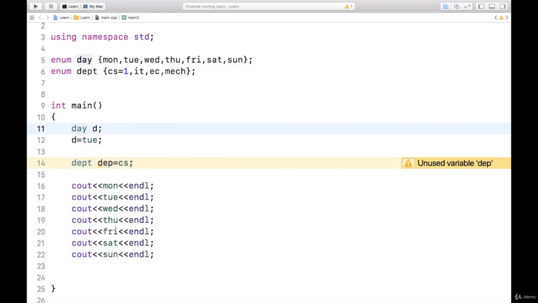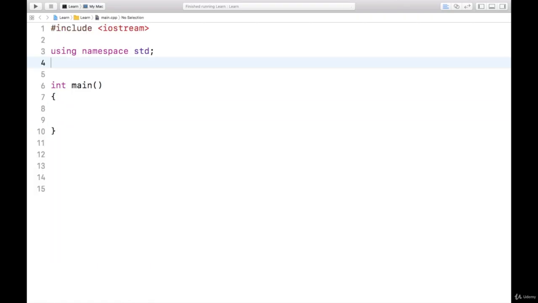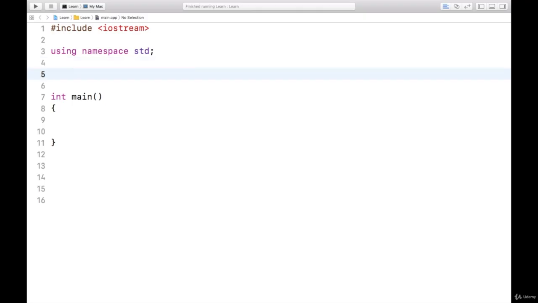Next, I will talk about typedef also. Yeah, let us talk about typedef. Typedef is used for defining our own data type or giving alias to some data type so that we can make the program more readable. So the purpose of typedef is to make the program more readable. Let us take example, say typedef